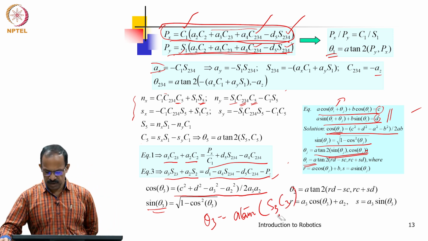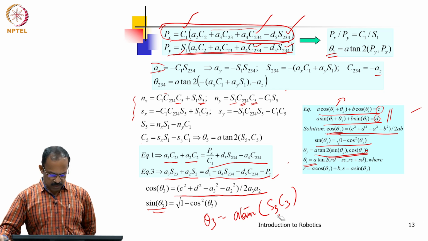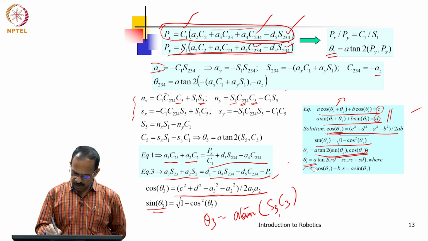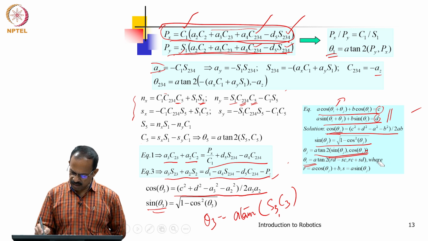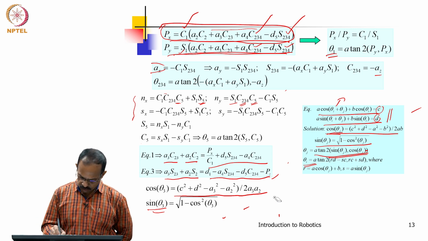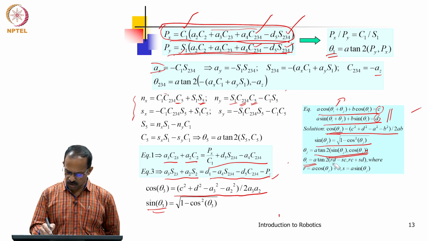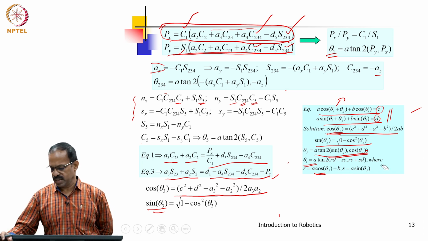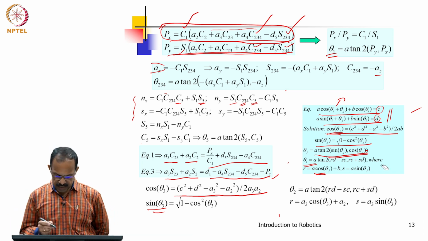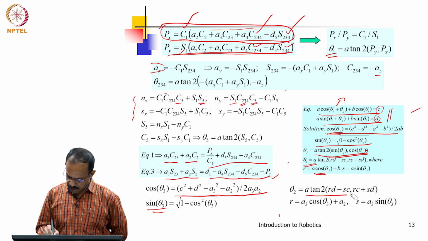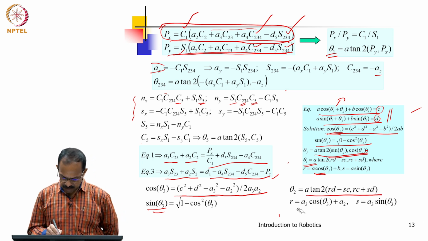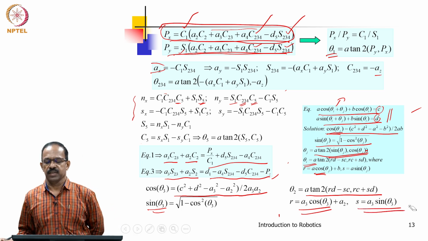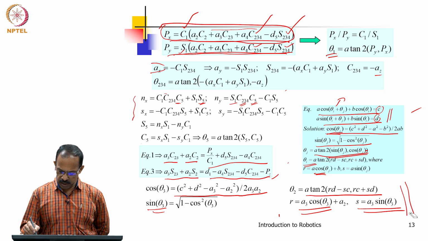Okay, so that is the way you get theta 3. Now, theta 2 can be obtained again from here. You can see theta 2 will be atan2(r d minus s c, r c plus s d). So, apply the same r and s, because we know r can be calculated as a cos theta j plus b, and s is a sin theta j. Therefore, we will be getting theta 2 as atan2(r d minus s c, r c plus s d), where r is a cos theta 3 plus a2, s is a3 sin theta 3, and therefore we get theta 2 also here.